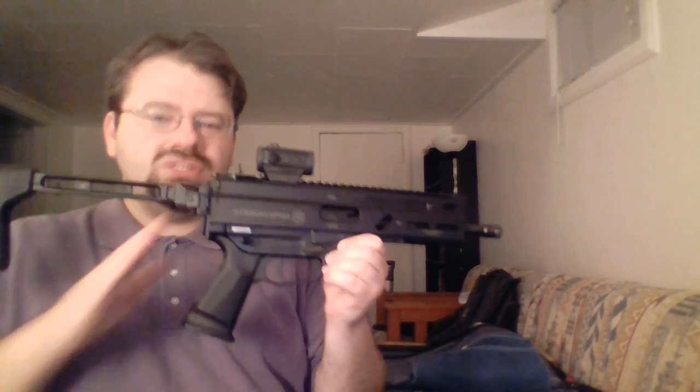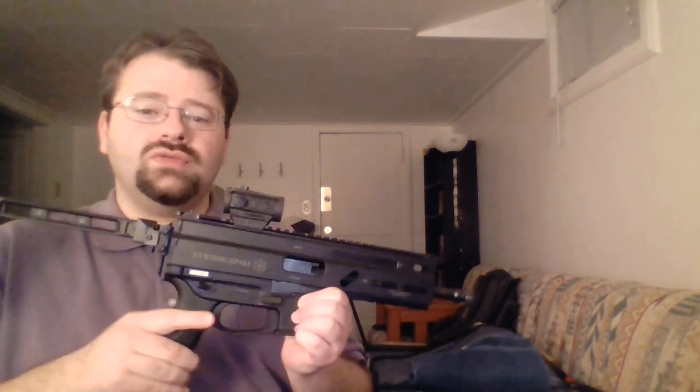So not only is it a smaller gun, both in terms of width and also in terms of length, even when you have the same length barrel. This is about a 7 3/4 inch barrel, and a lot of the CZ Scorpions will also have 7 3/4 inch barrels. I don't have one to show you, I just have the rifle version, but a lot of them have similar length barrels. And these ones and the Stribogs wind up being just a little bit shorter from tip to butt than the Scorpions are. But in terms of ergonomics,